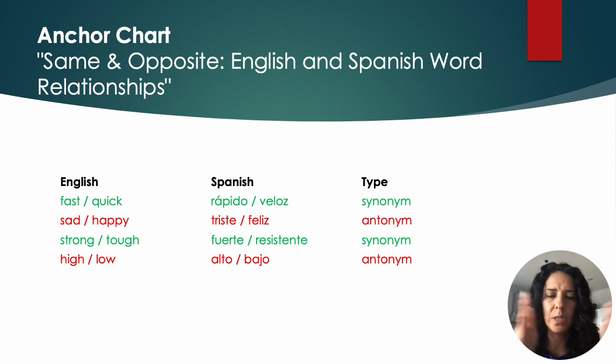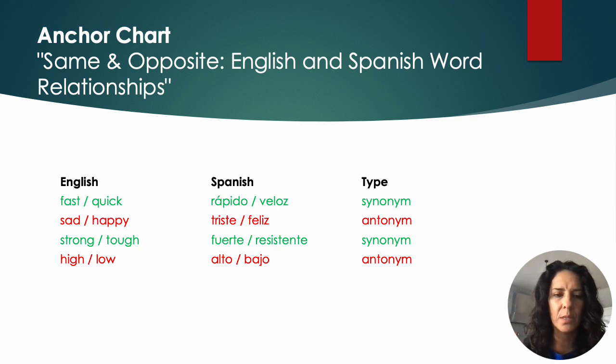And then on one side, I do a table, like a three T. And I'd have English, Spanish, and then what type it is. Then we do English. And of course, they're in third grade, I'd have them go up and write it. All right, so fast. And they do quick. They'd write down quick. They'd have to think about it. So maybe the word that they think about for fast wouldn't be quick. Then maybe it'd be rapid. Or maybe it'd be,